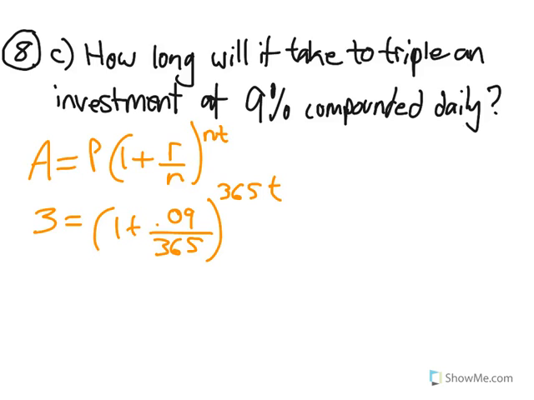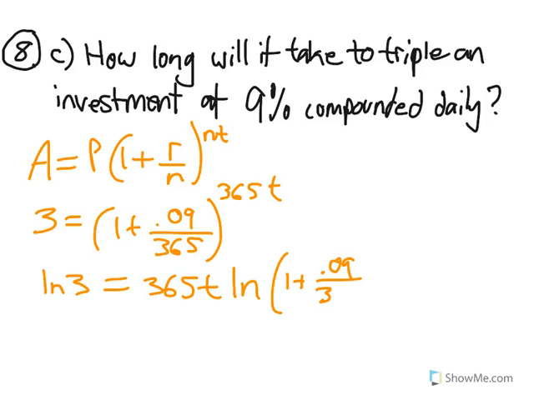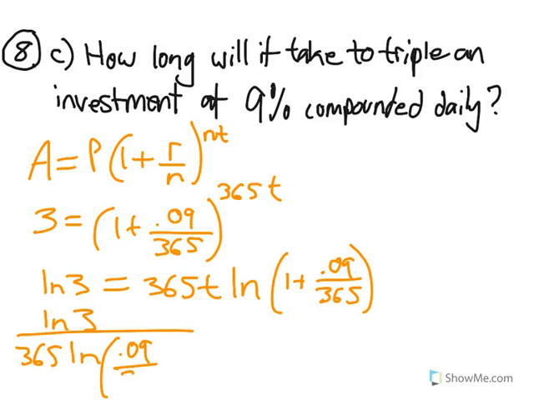And then we know we're going to solve for that t, so we have to ln both sides. You can do ln or log, either one. So 365t, I'm bringing this down as I log the right side: 1 plus 0.09 divided by 365. I'll do everything up until the calculation. Then we just get t on its own on the right side, so we're going to divide both sides by 365 ln of 0.09 divided by 365